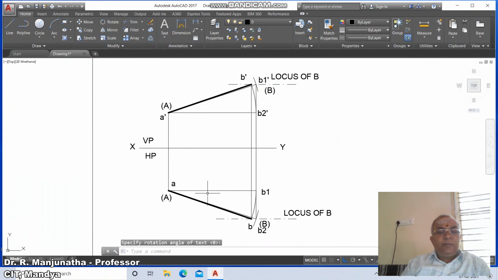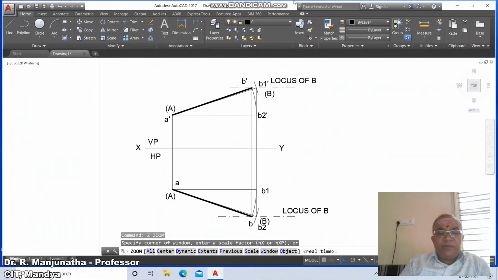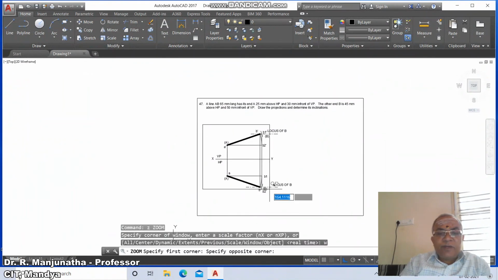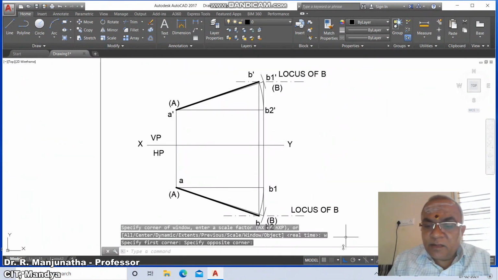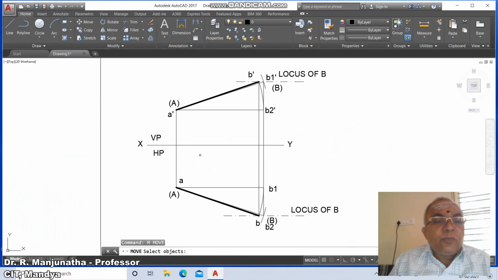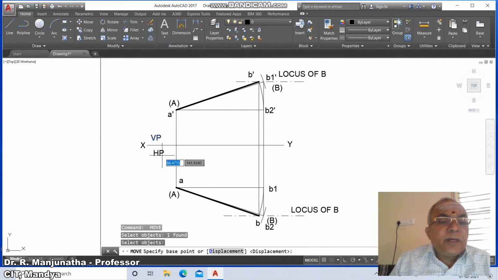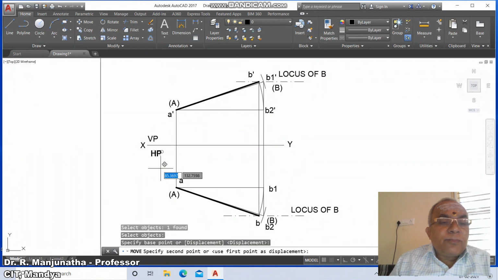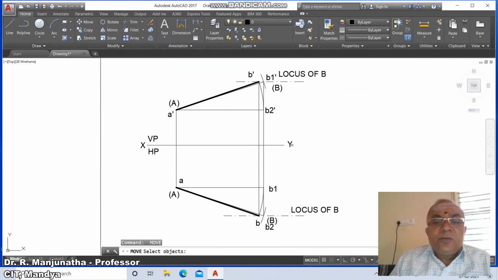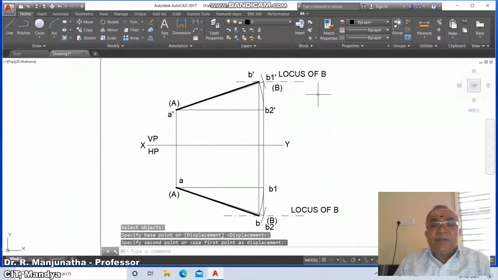So this is how you will be able to name them. And then go to zoom previous. So come down to zoom window, and then switch off the ortho mode, then go to move this X, VP, HP, all those things appropriately to have a better aesthetic appearance.